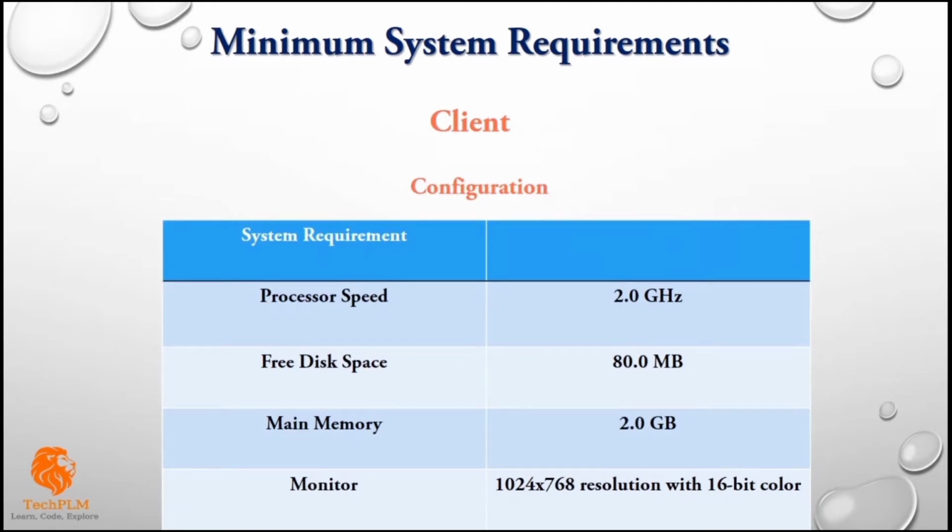Next, minimum system requirement client configuration. Here the processor speed of your system should be 2.0 gigahertz. At least you should have 2 gigahertz of processor in your system,